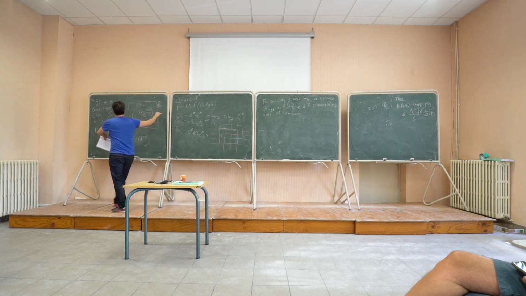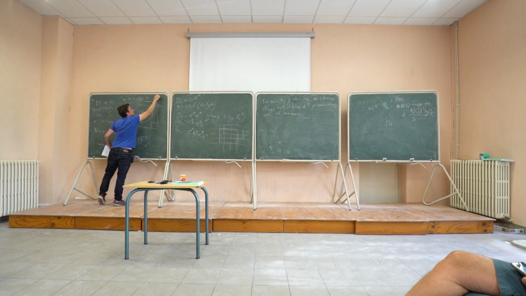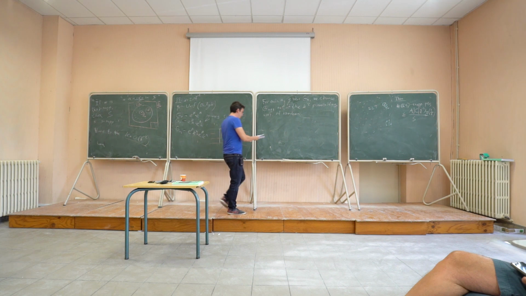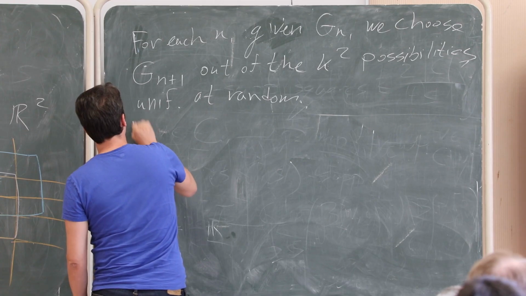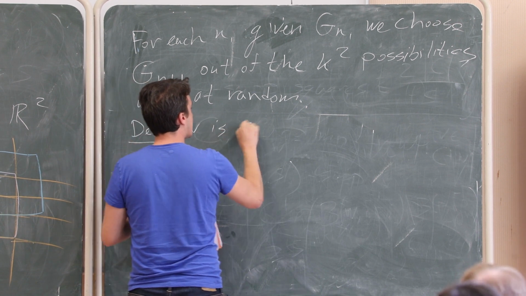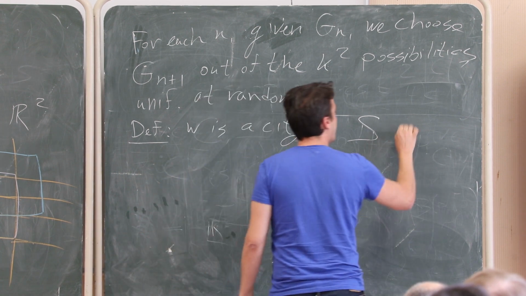If this picture holds, we will say that W is a city in a square S. So the definition: W is a city in S if and only if